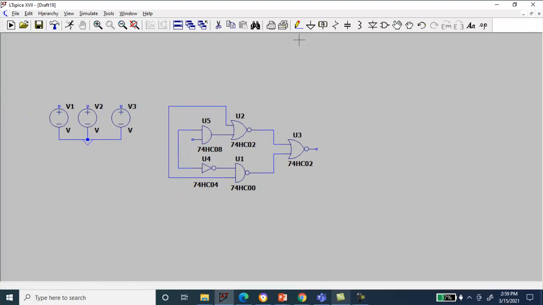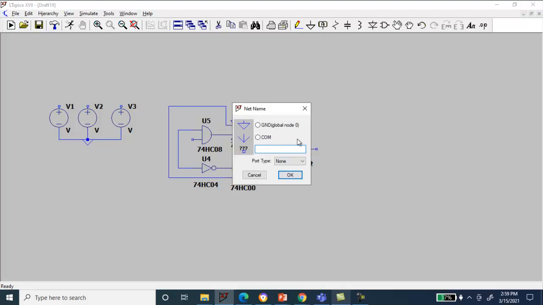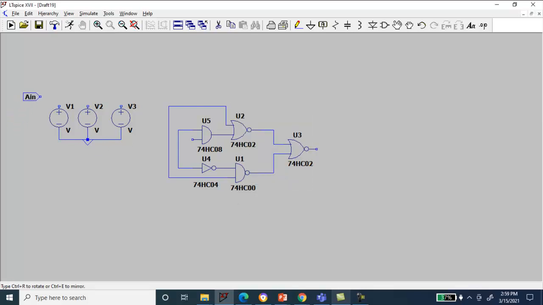and then give the label net, give it as AN input, click OK. Give it in the second source as well, third source, and here this is B, this is C. Let me change the names.